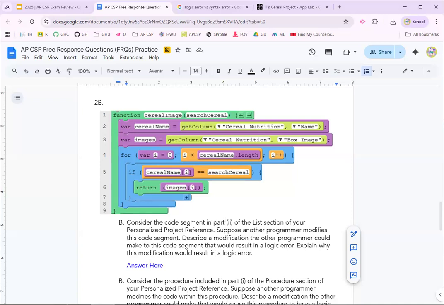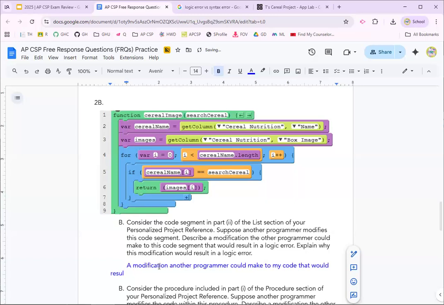Consider the code segment in part 2 of the list section of your PPR. So you'll have to look at part 2 of the list section. I put up here in example 1. Suppose another programmer modifies this code segment. Describe a modification the other programmer could make in this code segment that would result in a logic error. A modification another programmer could make to my code that would result in a logic error is,